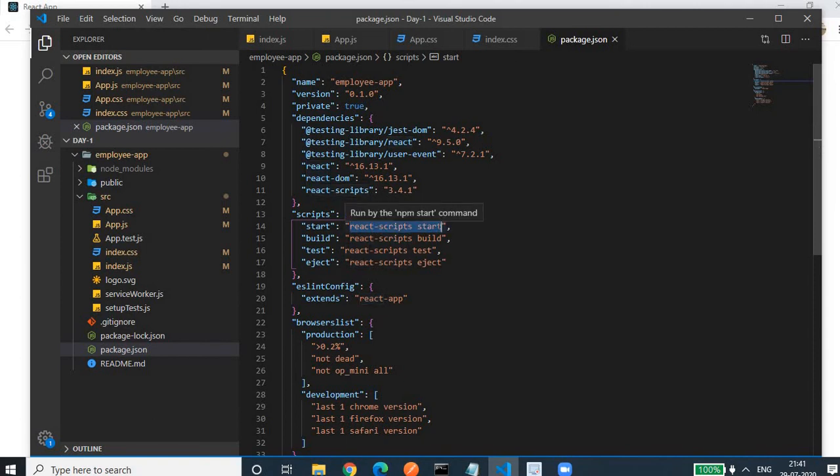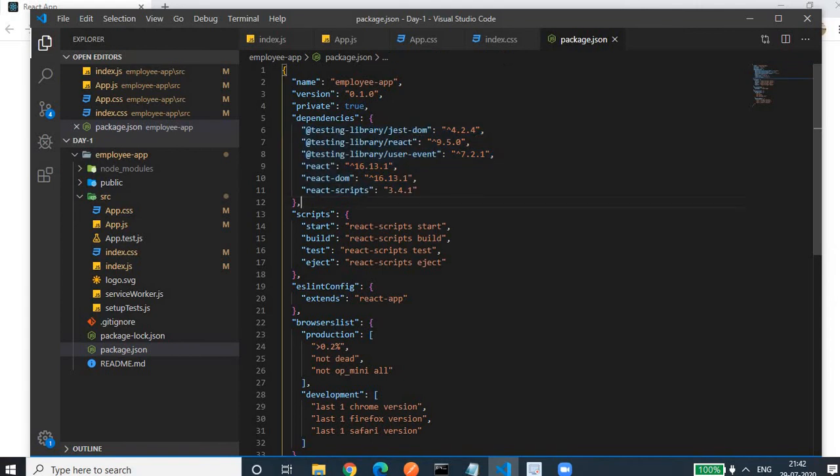It will compile and host our application in this live server. For creating the compiled code for deploying after the development, we will do npm run build. When you do that, it actually executes this command. So all these are configured here. This is the place where we will find the dependencies required for our application. Whatever dependencies are mentioned here, we will find in node_modules.